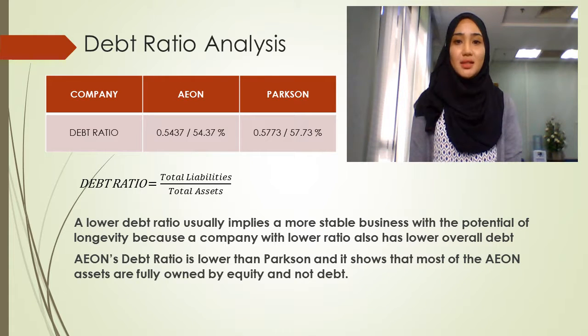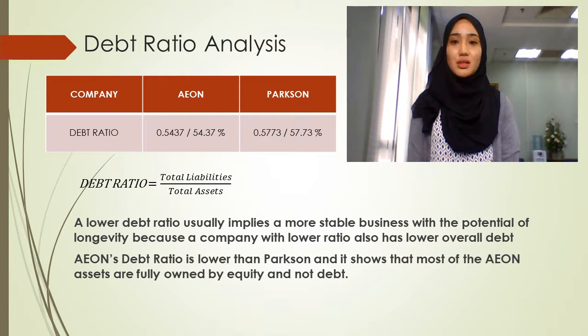Okay, firstly is the debt ratio analysis. The formula of debt ratio is total liabilities divided by total assets. Based on our findings, Aeon has a 54.37% debt ratio, while Patson has a 57.73% debt ratio. A lower debt ratio usually implies a more stable business with the potential of longevity because